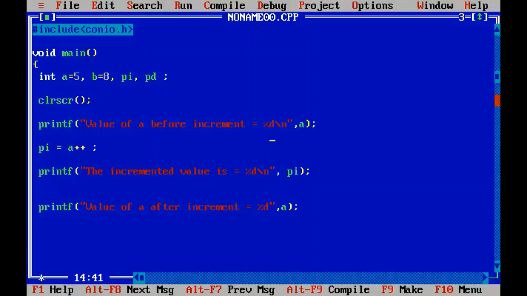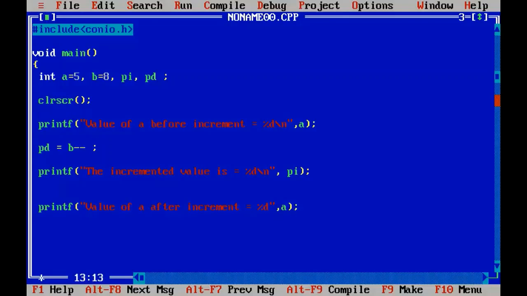Okay. So this is called as post increment. Let us perform the post decrement here. I'll just change the content here. I will use pd instead of pi and b minus minus. Let's see what happened.